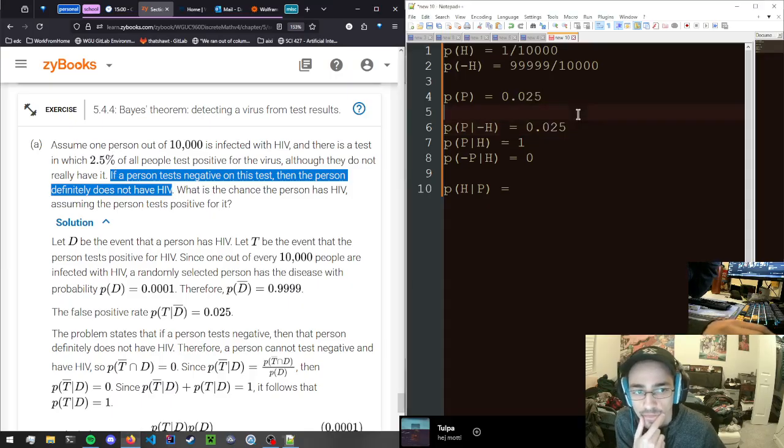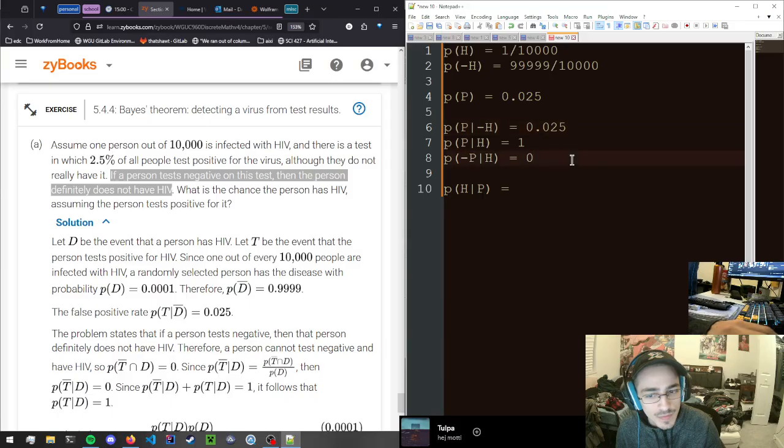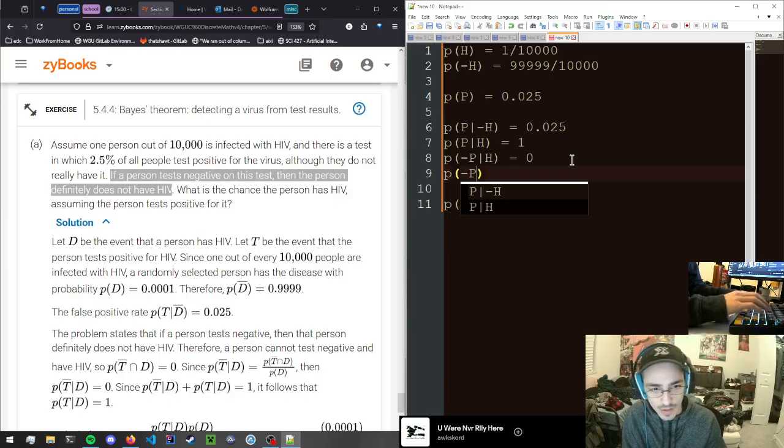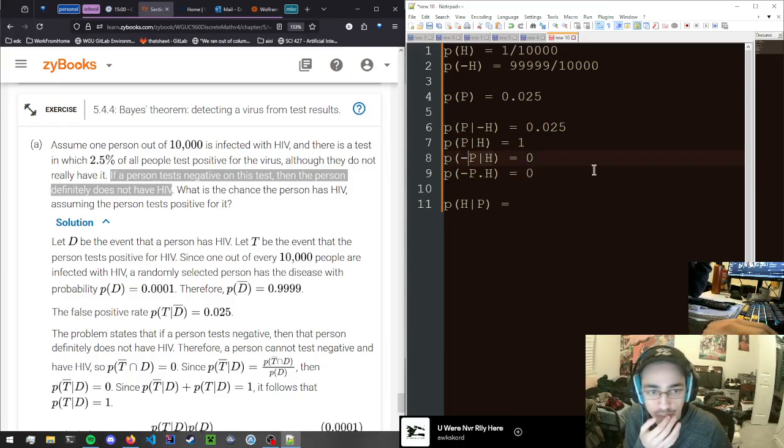I could have written that down as well. Like the probability of you testing negative and having the disease is 0. But this isn't the same as conditional, but